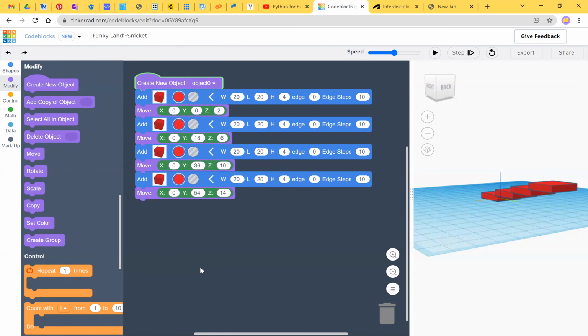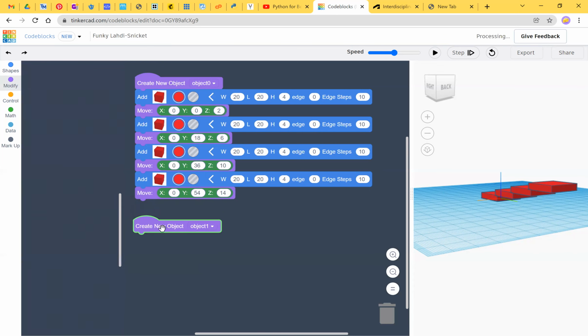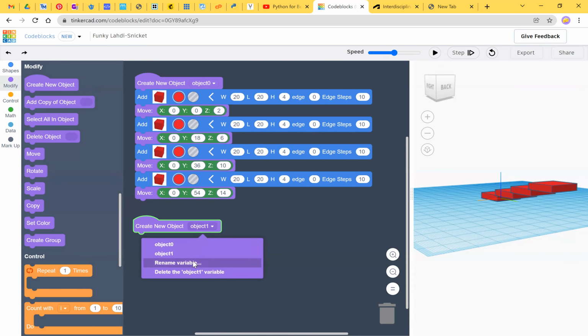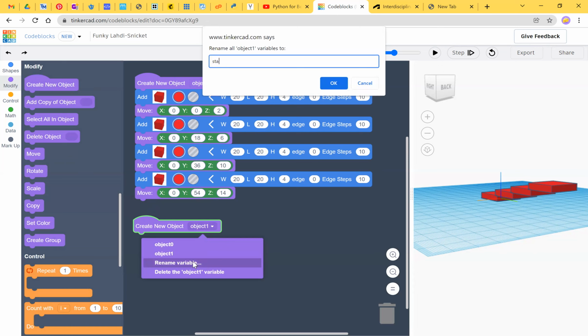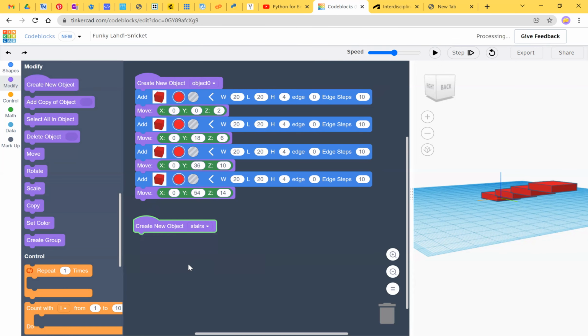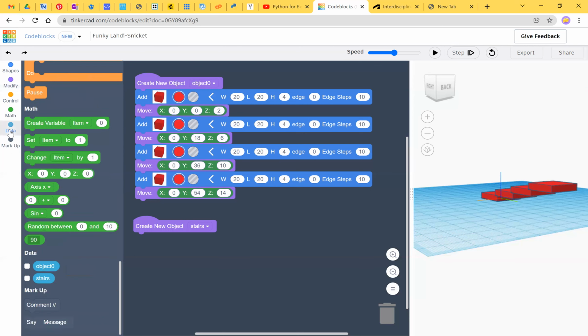It's really simple and systematic in manipulating the blocks. So I'll be moving create new object. I can change the name, let's say, to stairs. Okay. I will be defining a variable. I suppose here that I have two variables, as you can see, y and z, and both are changing. That's why I'll be creating in variables,